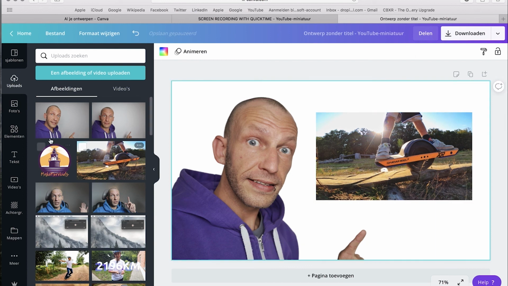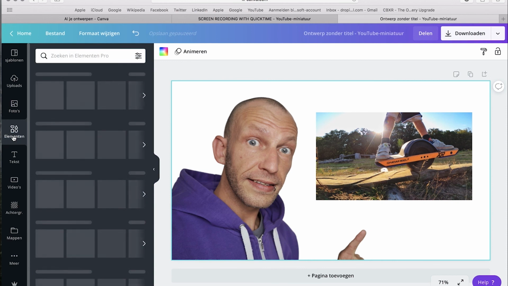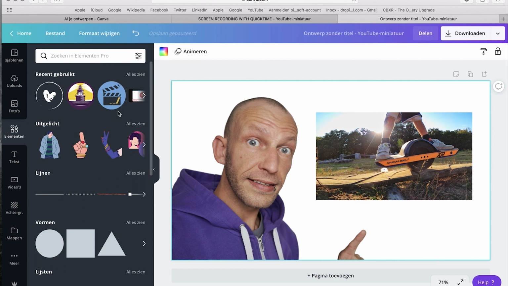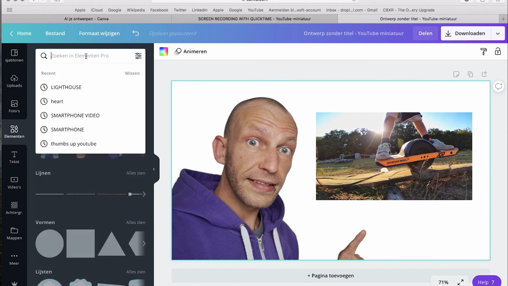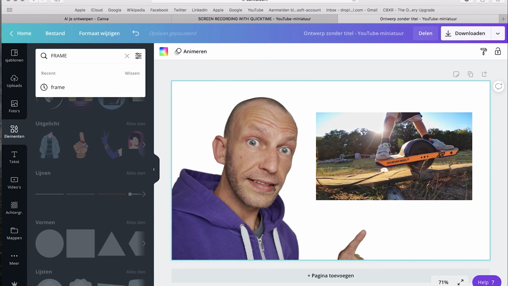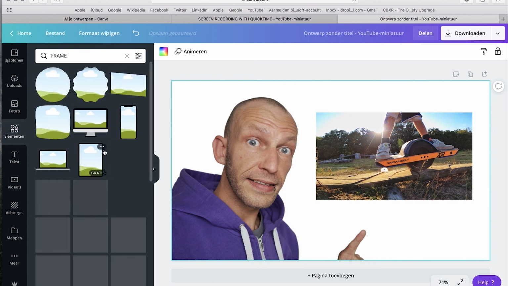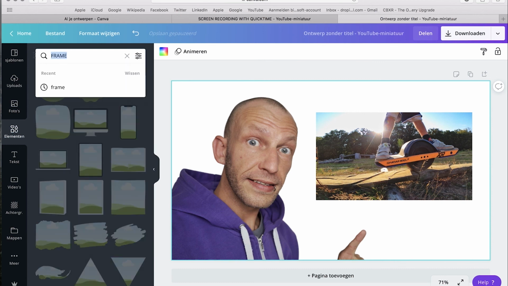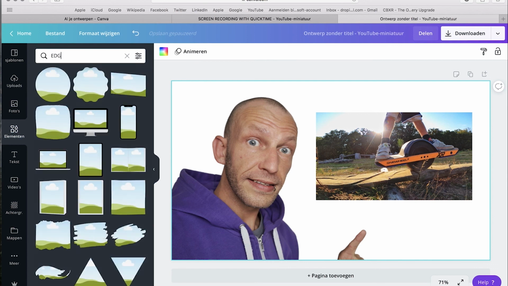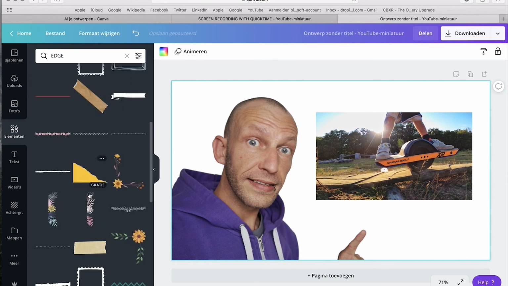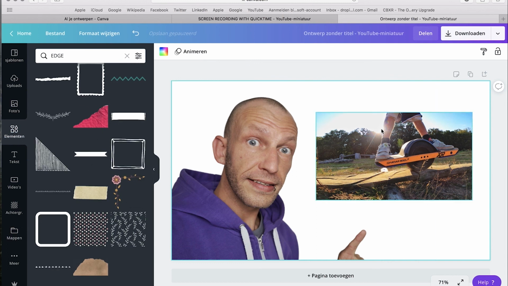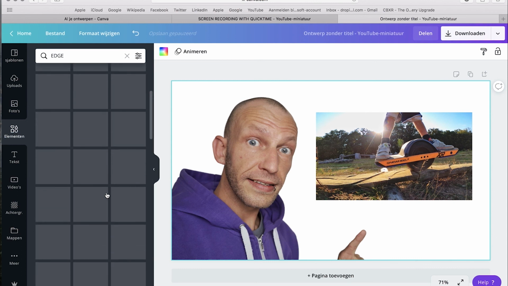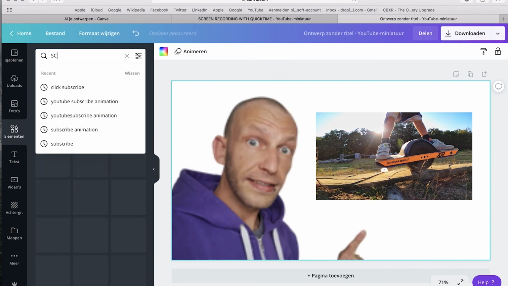And the cool thing about Canva is you have like all these elements, as you can see here, and I would like to have like a rectangle around this picture to make it look like a frame. So you could just type in frame, and Canva gives you all these different frames. These are picture frames, so I might need a different one. So let's say edge, and see what the edges bring. You get various edges that you can use around this thumbnail to make it look more like it's a screen. So let's try screen, maybe that's a good